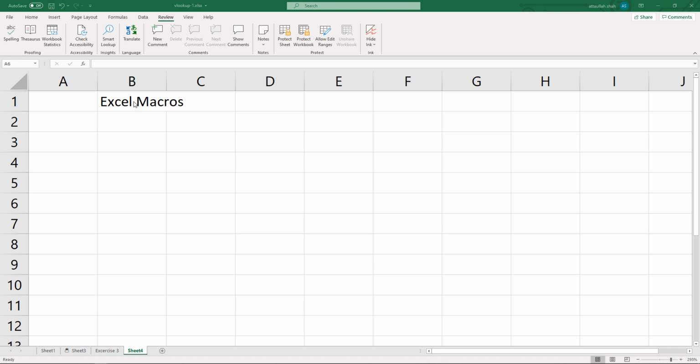So for Excel macros, first of all we have to enable the developer tab. Right now I don't see any menu for developer.